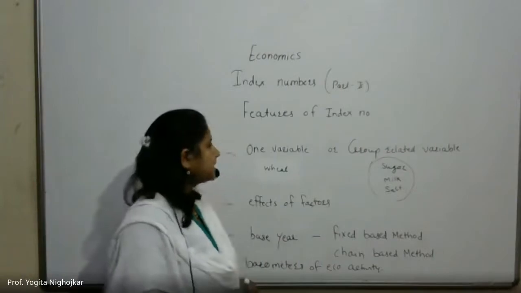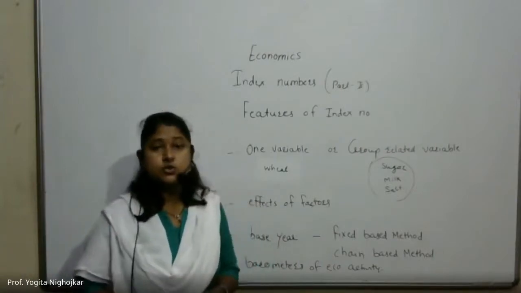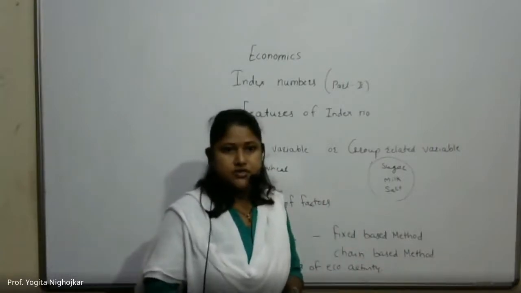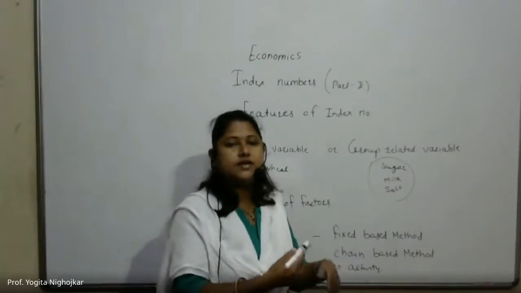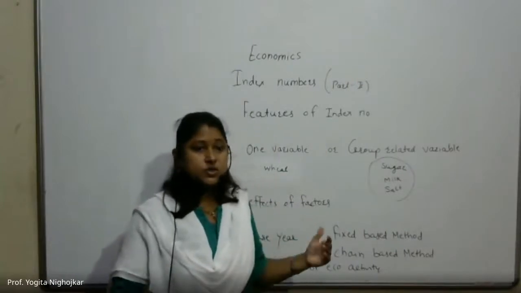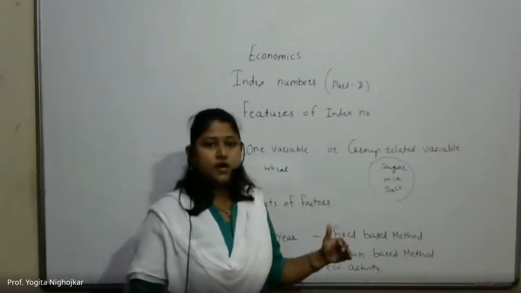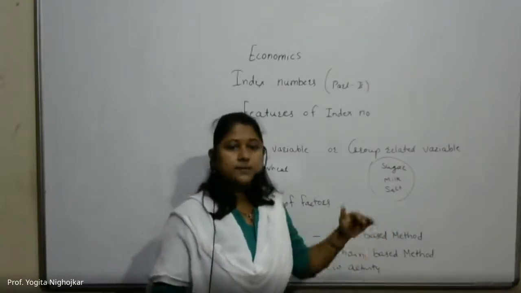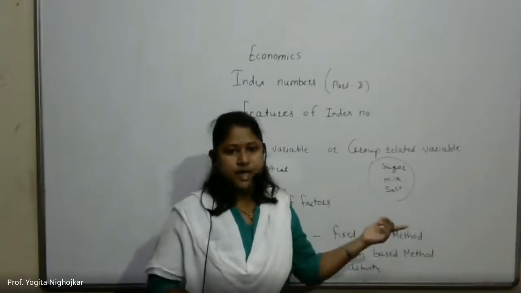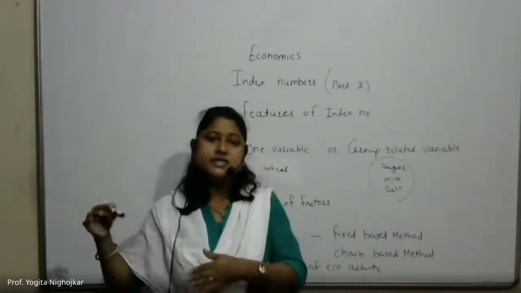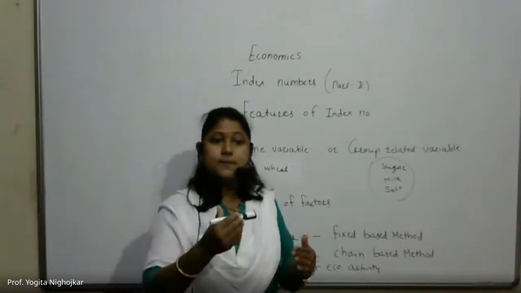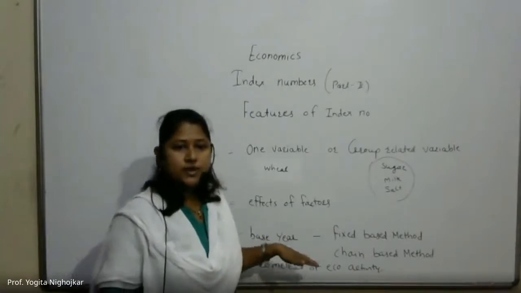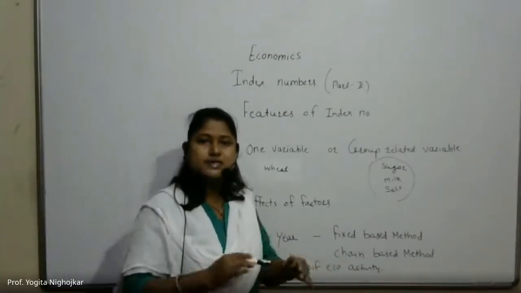The next point is that the technique of index numbers is used to compare the levels of a phenomenon on a certain date with its level on some previous date. For example, the price level in 1980 as compared to that in 1960, taken as the base year, or the level of a phenomenon at different places on the same date.